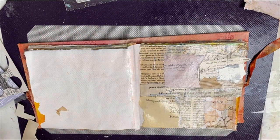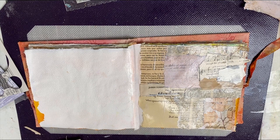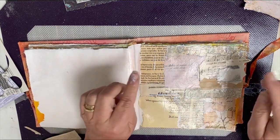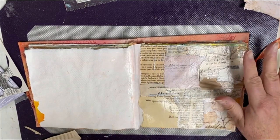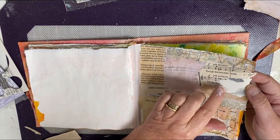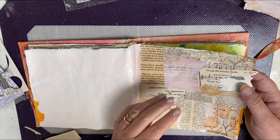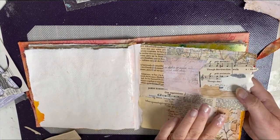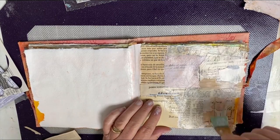Okay, so the technique that I'd seen uses clear gesso over the top in order to get a slightly different effect. What I'm going to do later is use some vivids to colour over the top. Now normally if I'd just stuck that down, I would have thought that the ink would sort of soak in, if you like, to the paper, although it's got a coating of Slap It On the top. So I'm going to let that dry,